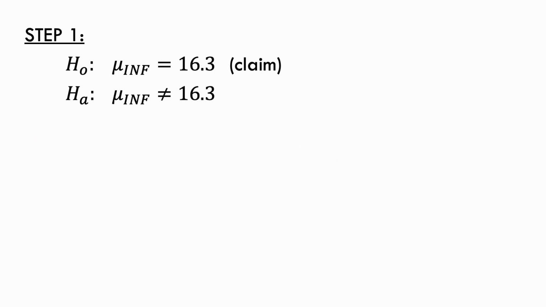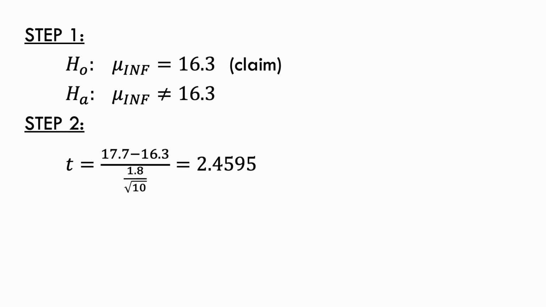First step, our null hypothesis is the mean is equal to 16.3 and that is our claim. And for the alternative hypothesis, the mean is not equal to 16.3. Now, for the test statistic, using our formula, t is equal to 17.7 minus 16.3 over 1.8 over square root of 10, which gives us a value of